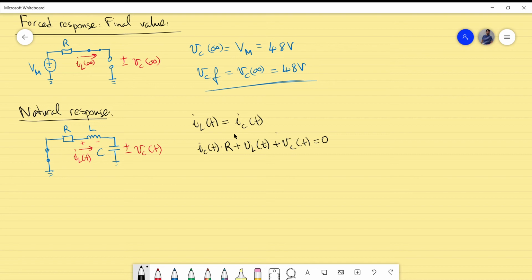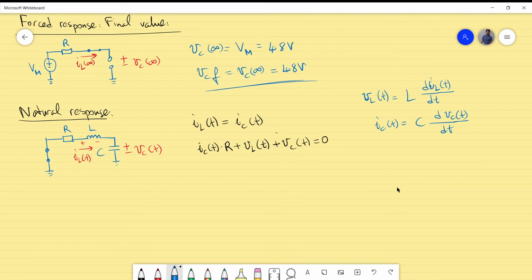Okay, so what can I do here? I will use some of the formulas we already know for the inductor voltage. So for the inductor voltage, VL, we know that it's related to the derivative of the inductor current in this fashion. So L times the time derivative of the inductor current, and we have also the capacitor current, which is C times the time derivative of the capacitor voltage. If I use these two formulas in this expression to set up the second order differential equation, I get the following